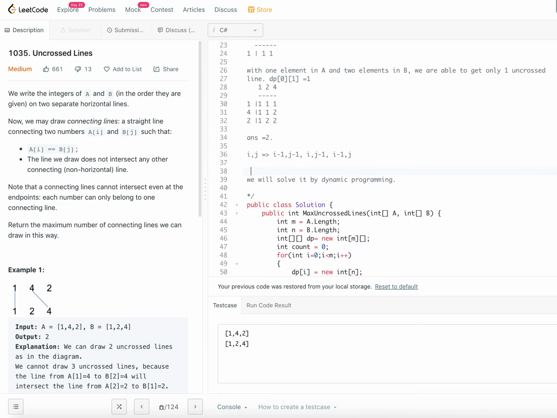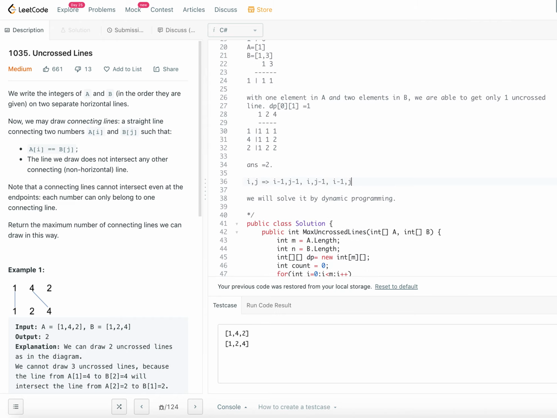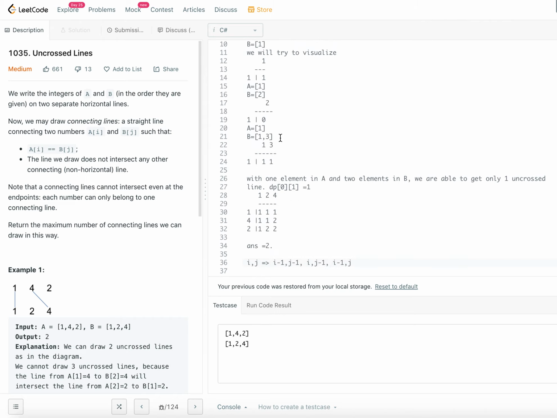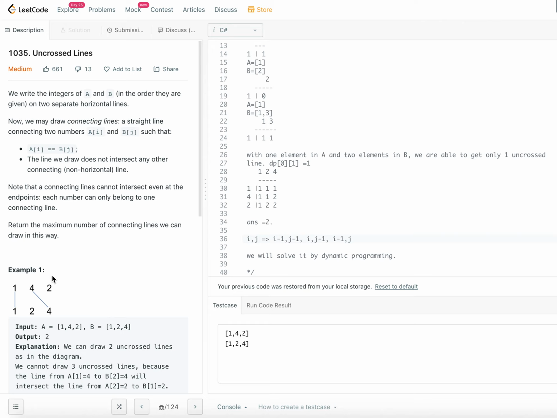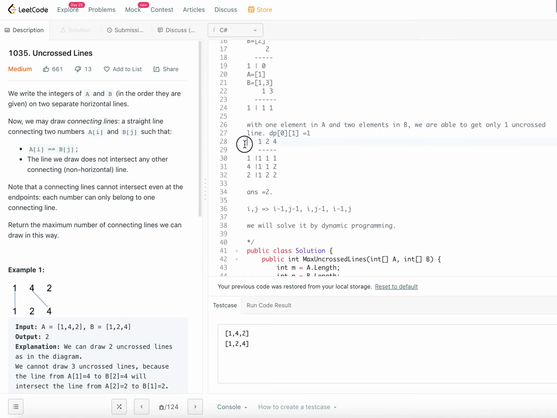Okay. So now we said we are going to solve it by the dynamic programming approach, right? Whatever we discussed so far, we started with a single element, then moved on to single element versus 2 elements, and then we moved on to the first example, and we are able to solve it in that fashion. So now let's go and look at the code and try to understand it better.